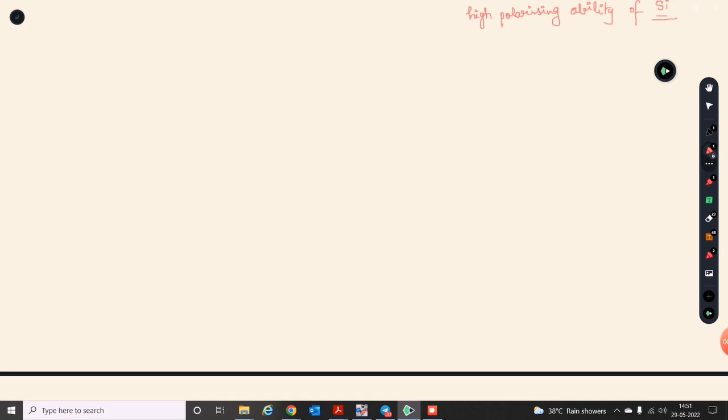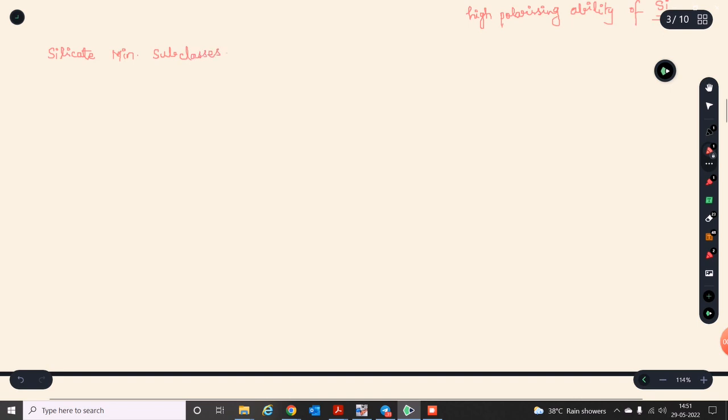Then we will have a look at some important silicate mineral subclasses. Okay, let's have a look at them. Then we will go through each of those subclasses one by one. Silicate mineral subclasses, I will write. So here we will have